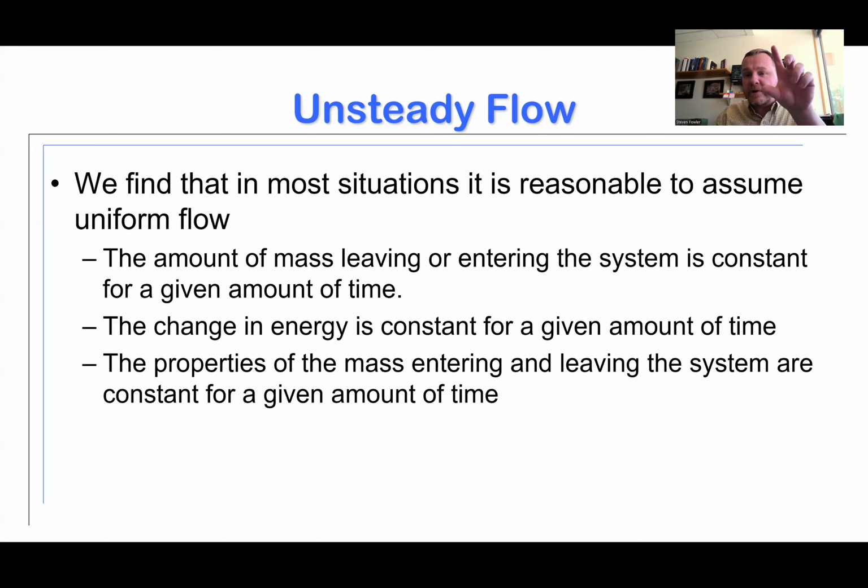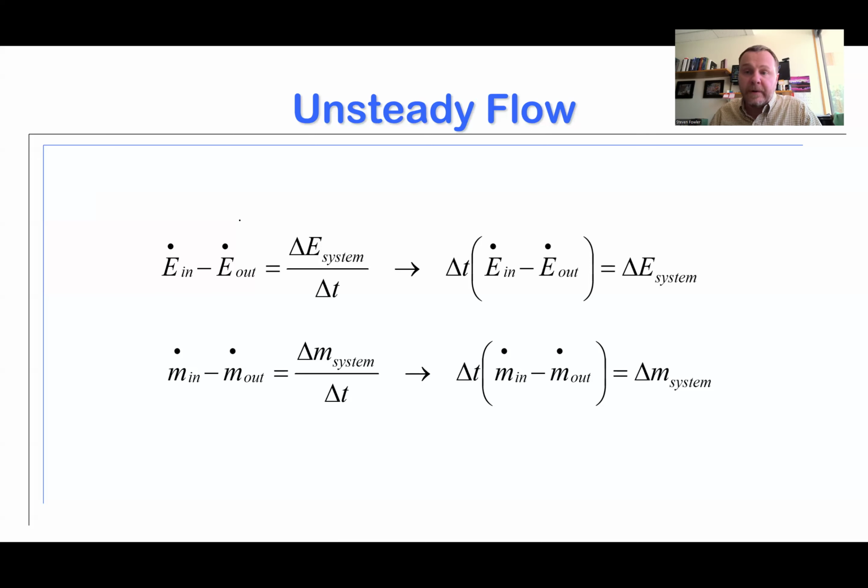We're going to say, how about if I just take that can and use it like it's intended? I just spray and I quit, and I spray it some more, and then I quit. Over a very short period of time, you can assume uniform flow. For just a second or two, the rate at which that mass is going to leave the can is approximately constant. The energy that's dropping as a result of that mass leaving the can is reasonably constant, and the properties of the gas coming out of the can for a short burst are reasonably constant. And so we can make the uniform flow